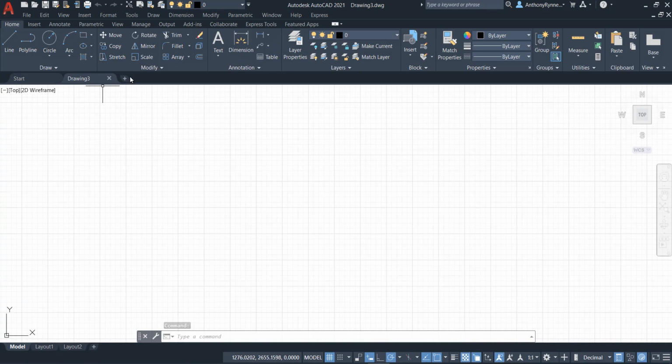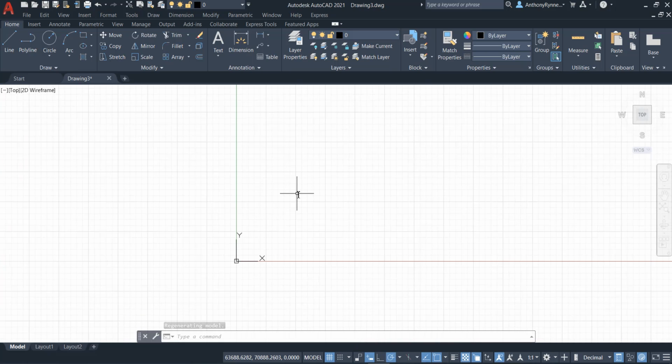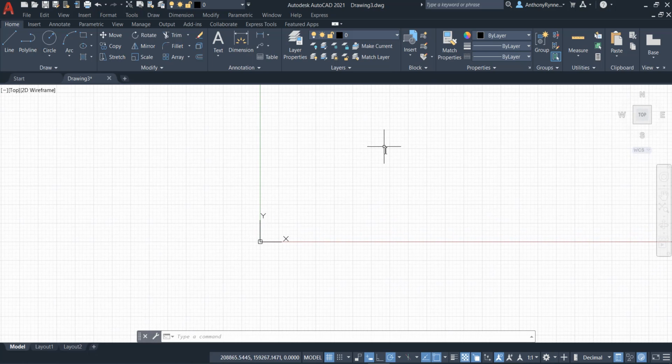The drawing number doesn't matter. The first thing I'm going to do here is check my snap and grid settings. If you're a new user of AutoCAD, you can zoom out quite far and it's very easy to get lost. If you look at my cursor now and you look down here at the readouts, you can see this has got an X value there of